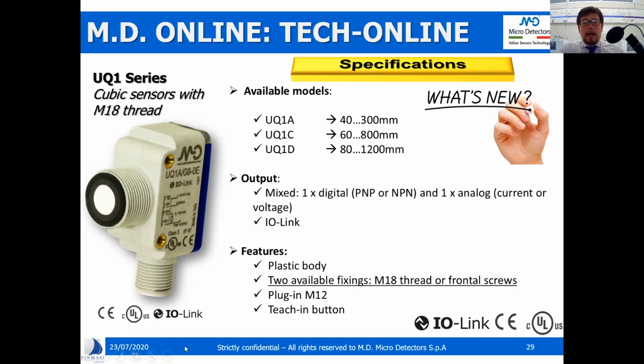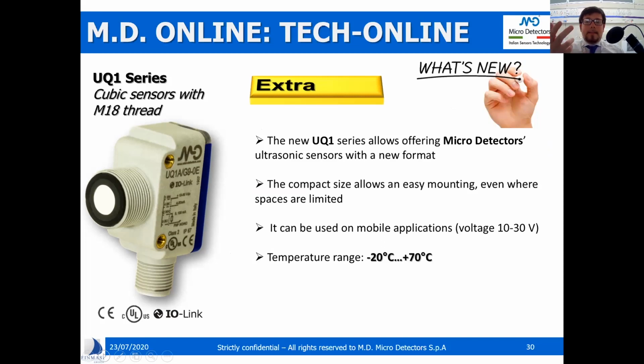Also, in this case, we have the teaching button, through which you can set the sensor as you want in order to get desired information. Then we have to underline here that this is a very compact sensor, and thanks to its compact size, it is possible to install it everywhere, even if the spaces are so limited,